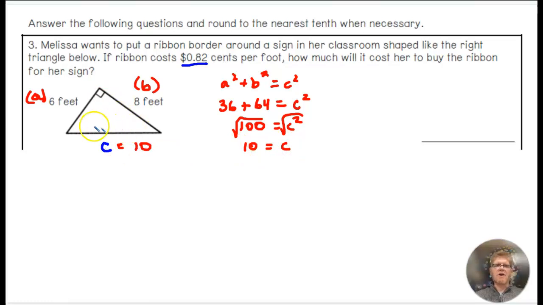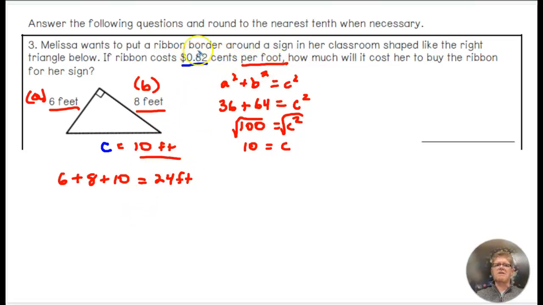So now I have all of the side lengths, right? This is 10 feet, 8 feet, and 6 feet. So Melissa is going to have to buy enough ribbon to go all the way around this thing. So that's going to be 6 feet plus the 8 feet plus 10 feet down here. So that's 18 plus 6. And for each foot, it says per foot, she's going to pay 82 cents. So I've got to multiply 24 times